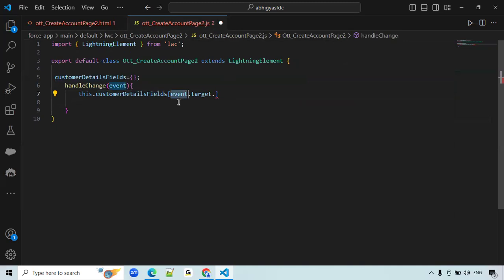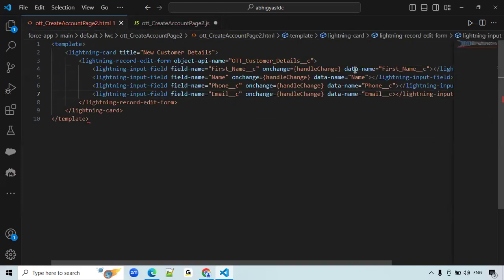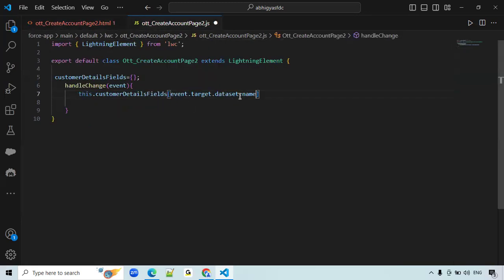Now here we are giving event dot target dot data set dot name. Here we are taking the name. Now this is the data set, data ID or data name. We can take it. Data set. Now we are getting the name here. That's why here we are fetching the name now. That's why here we are giving the name. So equals to event dot target dot